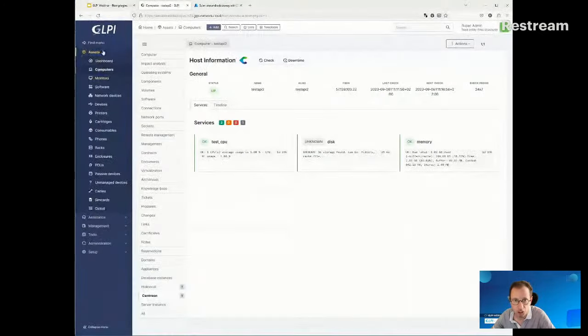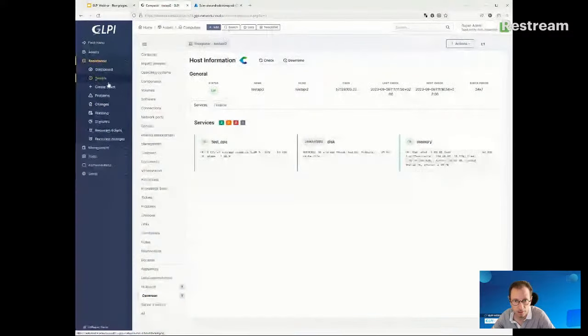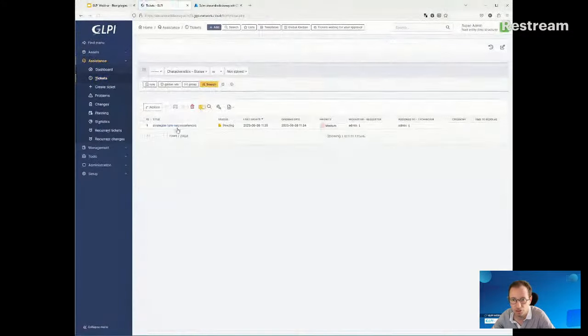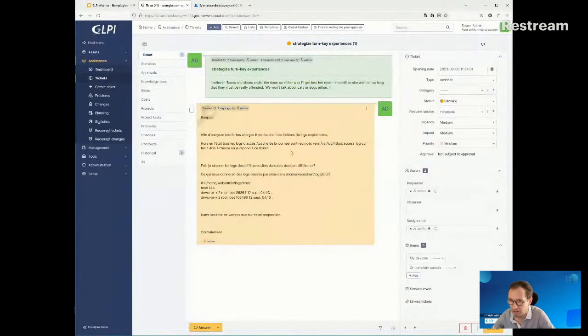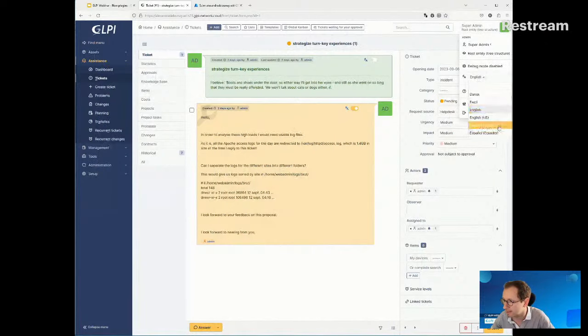Also, for this plugin, I can showcase a little demo. I created a demo ticket with a task in text inside. My current user has English set up as its language. And then when I click on the switch, it sends the translation and displays it in GLPI. It's pretty fast. It's blazing fast in this demo because I already tested it and the translation is in cache. But maybe we can test with another